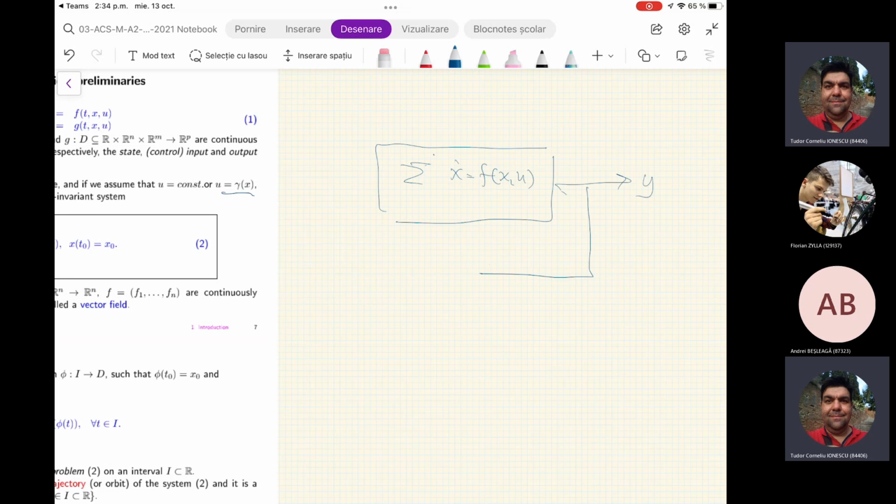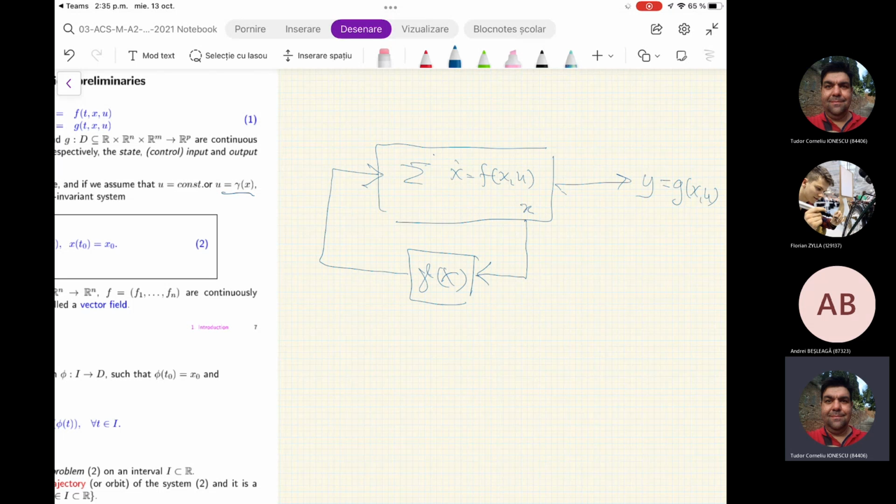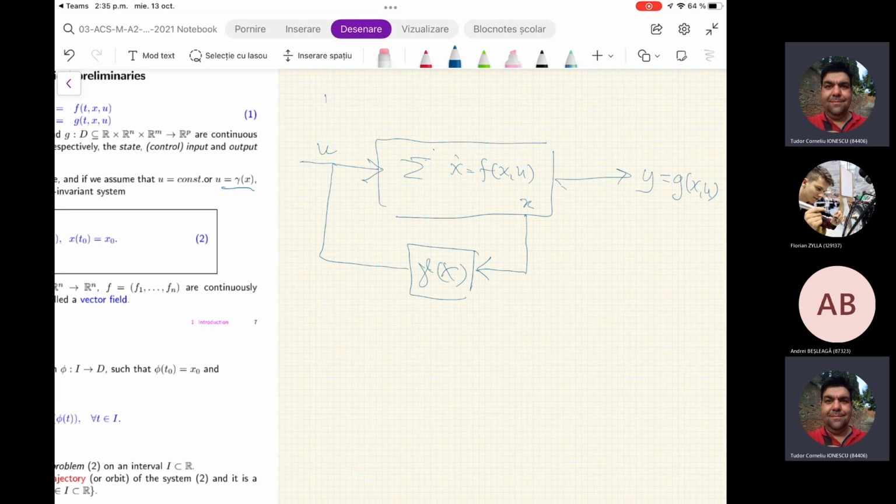And if you put here a control signal, gamma x, and you take u to be gamma x, actually this line shouldn't be taken from here. This line should be taken from here, gamma x, because here you have the state x, and this is g of x and u, and this is u. So this system,